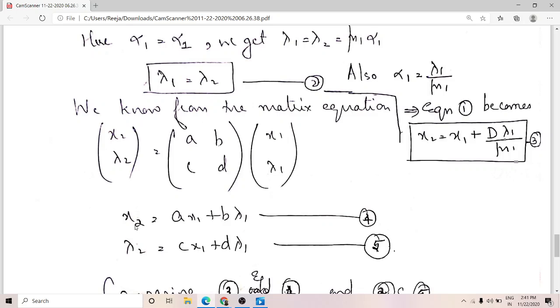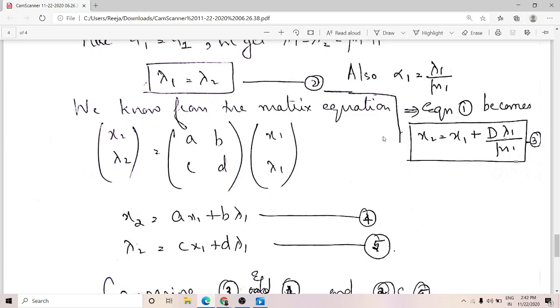So you get x2 is equal to a into x1 plus b into lambda 1. And lambda 2 is equal to c into x1 plus d into lambda 1. So these are my equations 4 and 5. Now these two are general equations. If any matrix operator A, B, C, D will act on x1 and lambda 1, you get two equations like this. But we know that for translation, when the ray undergoes translation, x2 should take this value and lambda 2